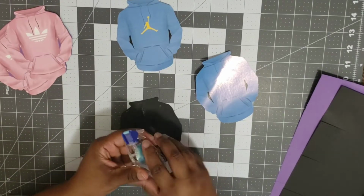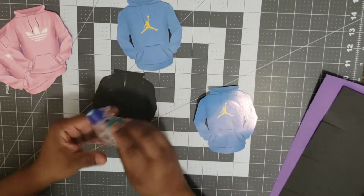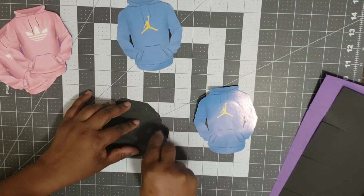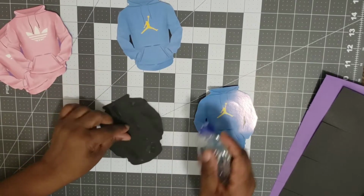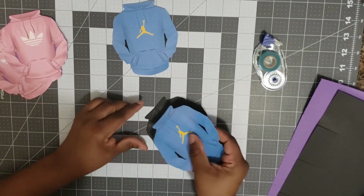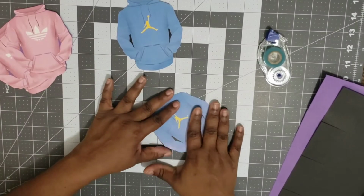I highly recommend that Scotch ATG roller. I have that big pink one. It works really well, especially when you do a lot of paper crafts. I used to do a lot of paper crafting. I still do, but not as much now that I've gotten into sublimation and stuff. I know people like art glitter glue and those types of glues as well. The glue pens, all of those things work really good too